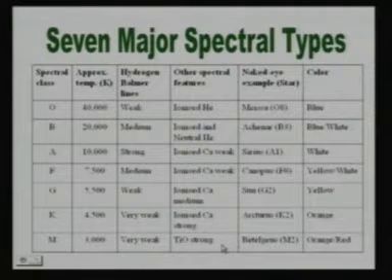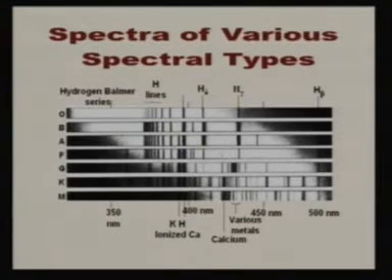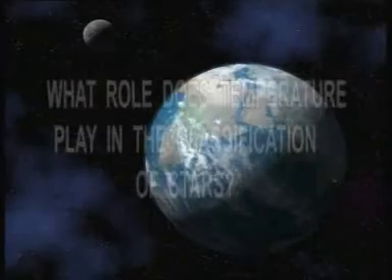So knowing these lines, we can understand whether a star belongs to class G or K or F or A. Let us first understand that whatever lines we see are indicative of the chemical composition of the star, because those lines belong to different elements. So once we see the spectrum as we see in this slide, this spectrum gives us information about the composition of various stars. Now, there is a very interesting story.